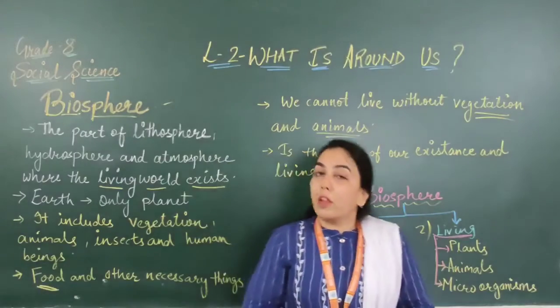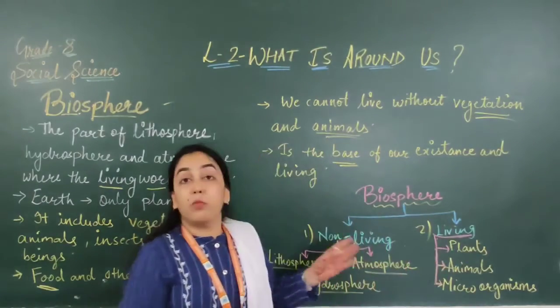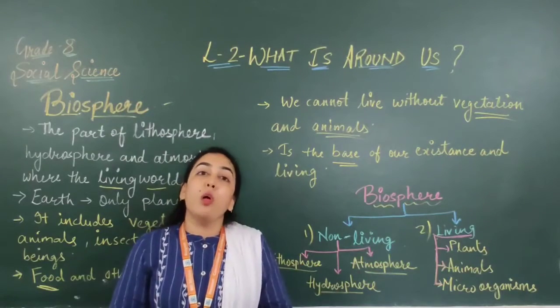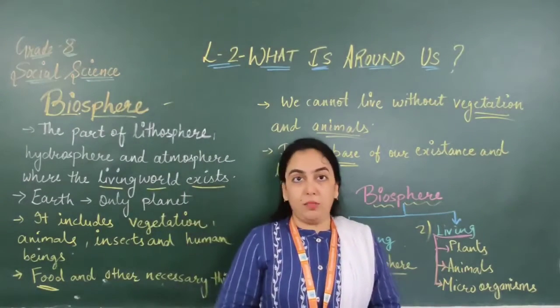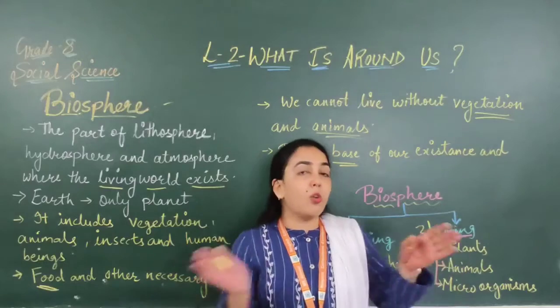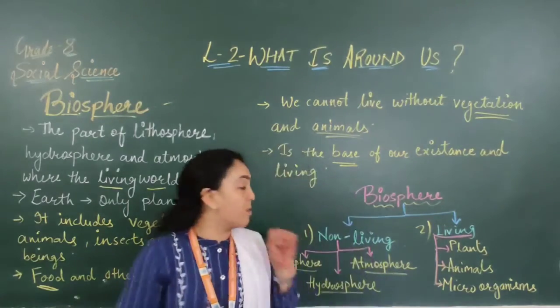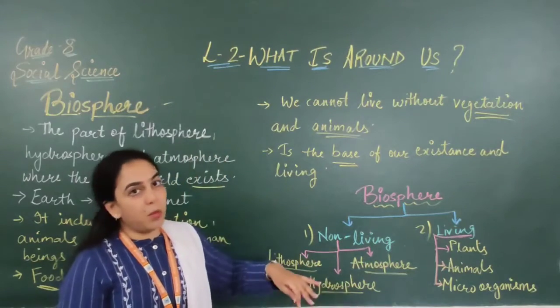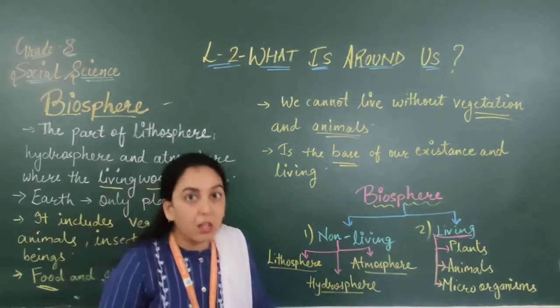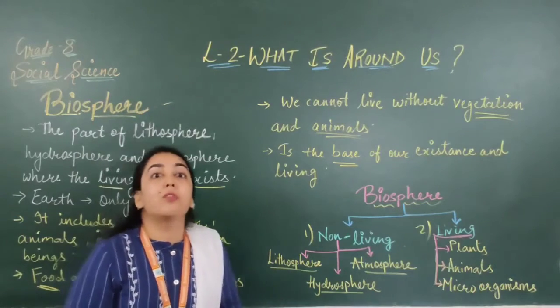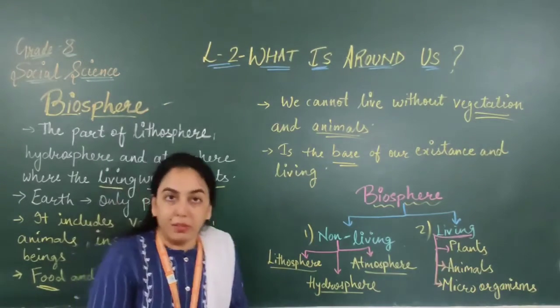Next, we all know, I hope that you have understood all the spheres. But do you know that currently, is everything okay in all these spheres? I have told you about the ecosystem, that if any one thing is missing between these, the cycle will not get completed and it will be regarded as disturbance.